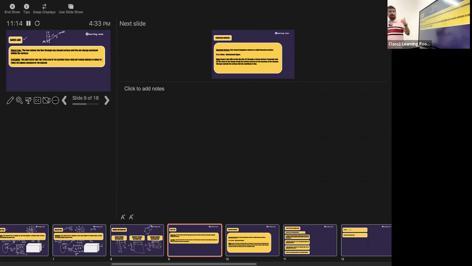So having said this, let's first try to understand the definition of it. So what does it state? It states that it relates the flux. Here the flux means electric flux. Gauss law is applicable for electric and magnetic also. Okay, so there the flux would be magnetic flux. So listen to this carefully. The law relates the flux through any closed surface and the net charge enclosed within the surface. Right? I hope this point has got registered in your mind.